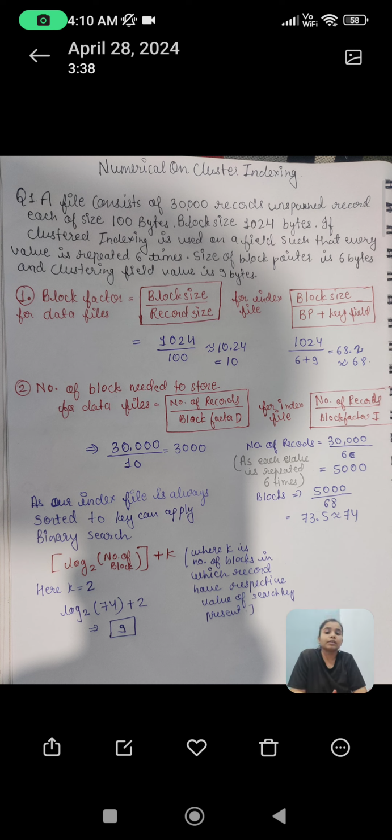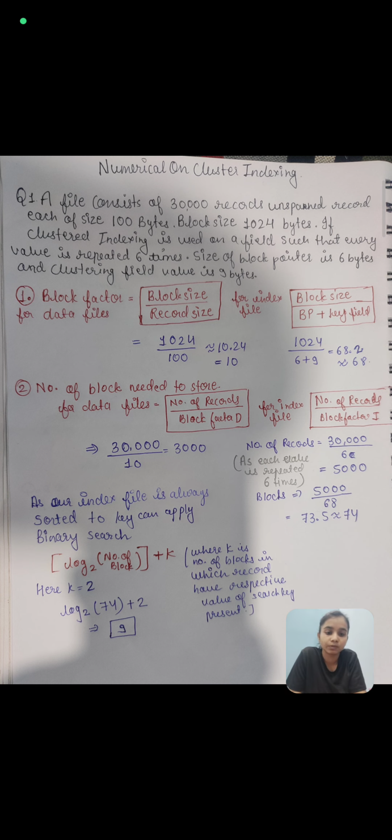Meaning, here we calculated block factor 10 and our values are repeated 6 times. So we can do that. In the best case we can find that all the 6 repeated values are present in one block, or in the worst case it could happen that half are in the first block and half are in the next block. So the maximum blocks needed are 2, not more than that.